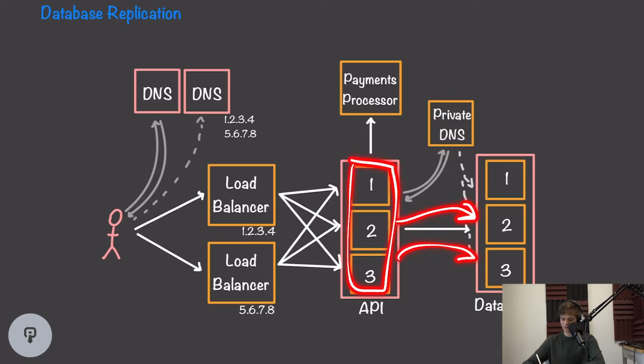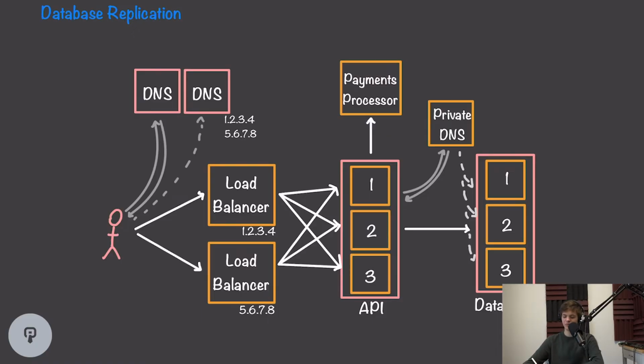So the final single point of failure that we have to think about here is the actual payments processor. This is a much harder problem to solve since this service is a third-party system that isn't under our control. However, most third-party services that offer APIs to large companies will also come with SLAs, or service level agreements, that define an amount of uptime that they're required to have for their service. So for example, our e-commerce platform might sign an agreement with this payments processor saying that the payments processor is required to be online